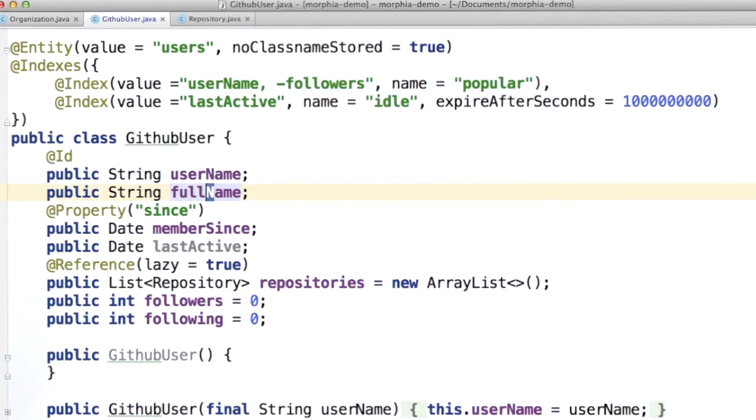Okay, so in this video we're going to take a look at a simple object model and see how to use Morphia to persist it. For this example we're going to model what a GitHub object model might look like. For those of you who've used GitHub, you know you have users and repositories and organizations and the like, and we're going to do a very simplified version of that just to briefly look at some of the features